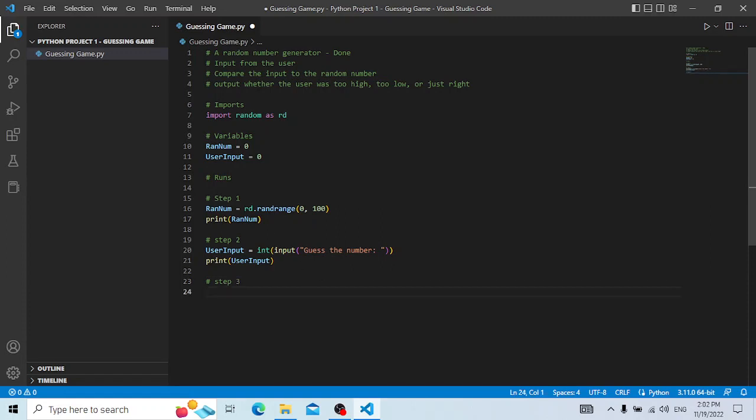So here in the last 2 steps, we created our random number generator and we put the user input. Now we want to compare the two. Now we use if and then else if statements. That may sound confusing, but it really isn't. First of all, we're going to set up a comparison. So we can say if